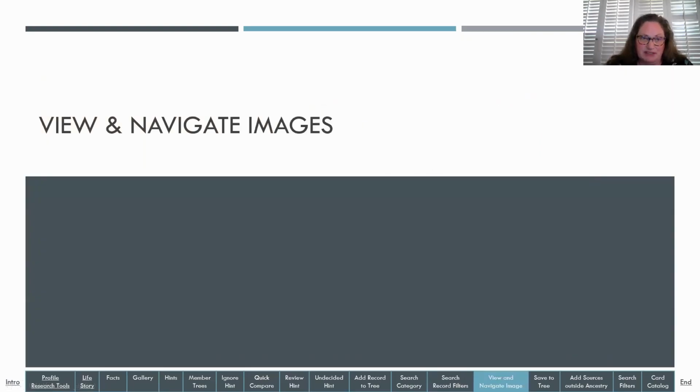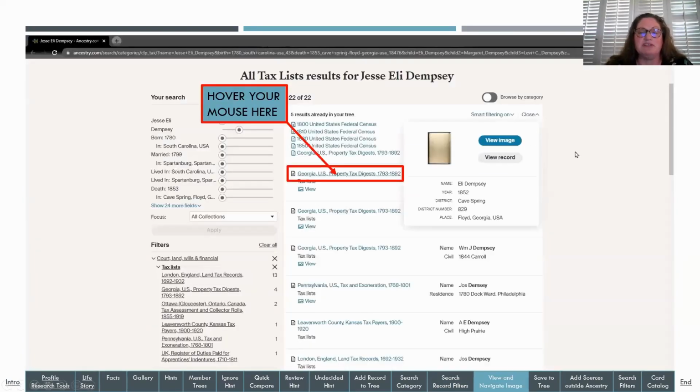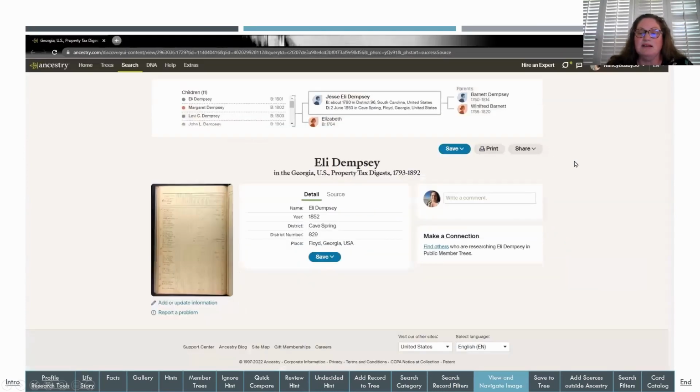Okay, so viewing and navigating images once you find the digital images that you want to look at. If I hover my mouse over the top, it's going to pop out this little preview window where you can choose to view the image or view the record. If I click on view the record, it brings up this screen that tells me everything about this record that they've extracted. But if I want to look at the actual image, because not everything gets extracted off images, then you're going to,